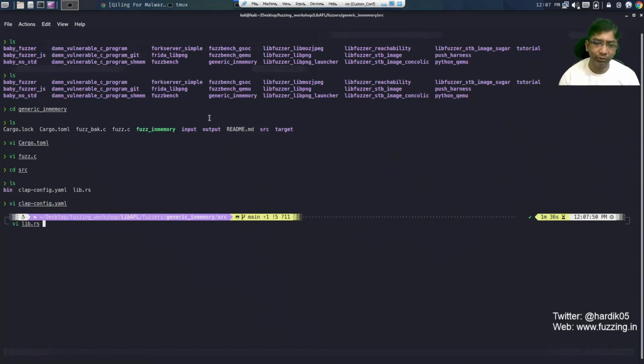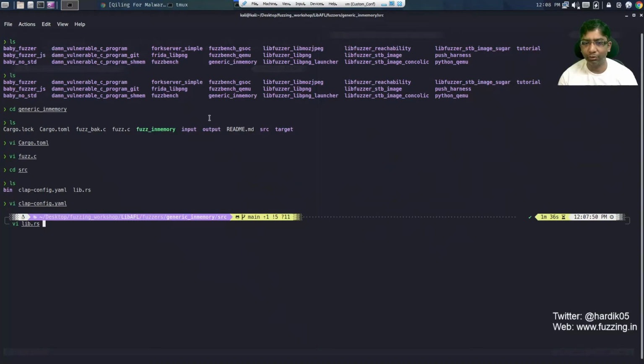One major difference you will find over here is that there is no main.rs file. We are basically using lib.rs, and this is because we are not creating a separate fuzzer over here. What we are doing is creating an executable which will contain all the code.